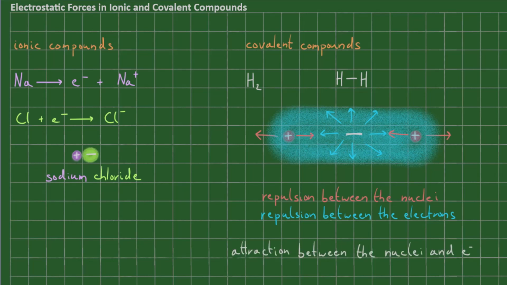In summary, in case of ionic compounds, differently charged ions will experience an attractive electrostatic force. A positively charged cation will be attracted to a negatively charged anion. When it comes to covalent compounds, the situation is more dynamic, and both the repulsive and attractive electrostatic forces are at play. And we could say that overall, it is the attraction between the nuclei and the